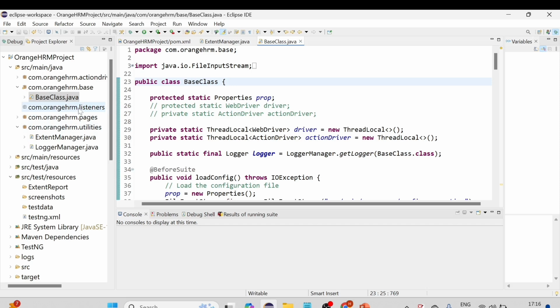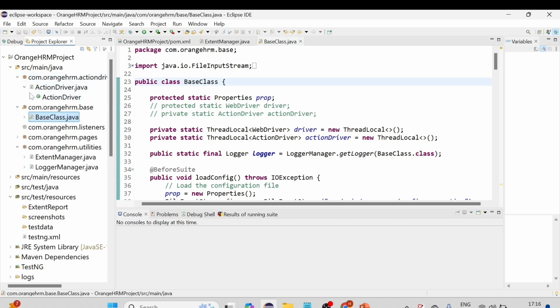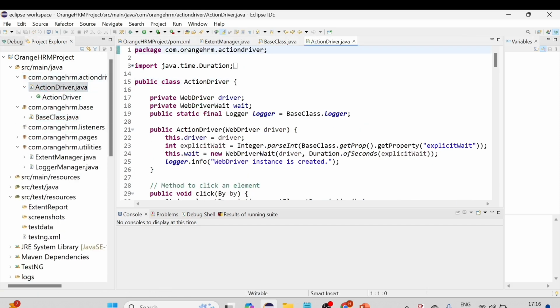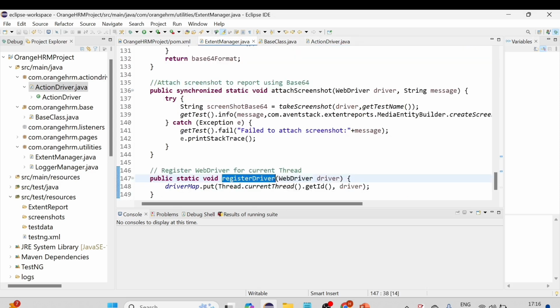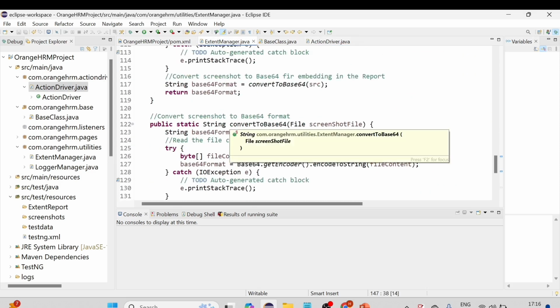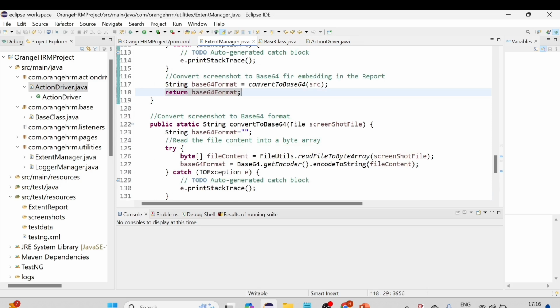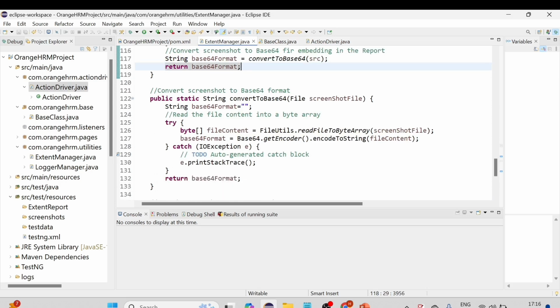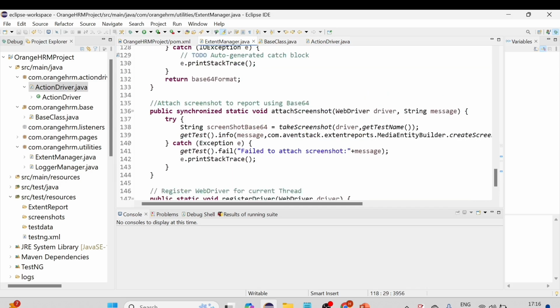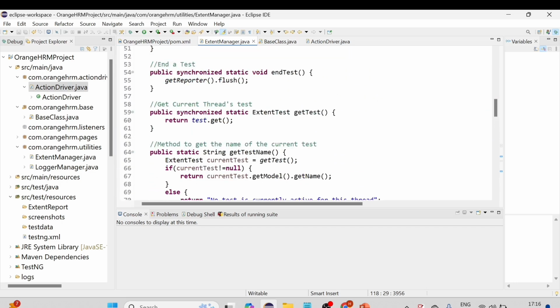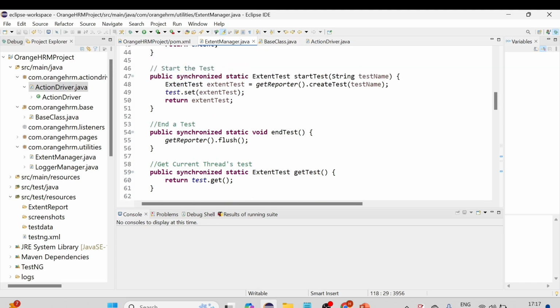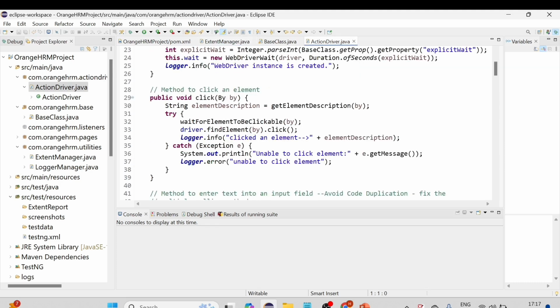So this is done. Now we need to make some changes in the action driver as well. So just open the action driver, and whatever methods we have written, some of the methods we can directly call in our log step, right? Log step we can call in our test classes, in the test method, right? And some of the methods we can directly put inside the action related methods which we have written in the action driver, right? So for example, like this,